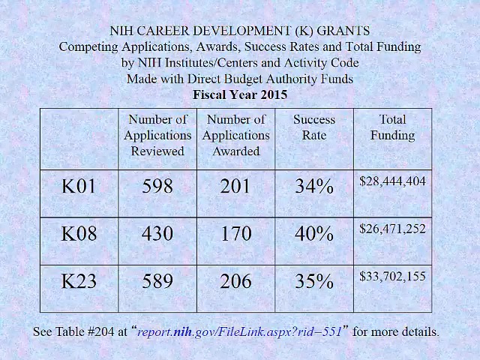Now, the important thing to realize is that the number of applications reviewed is a mixture of first-timers and second-timers. Okay, so some people are revising resubmissions in that denominator, and it's not stratified that way on the NIH website. So I would think about this as the success rate after 2 tries for a lot of people.